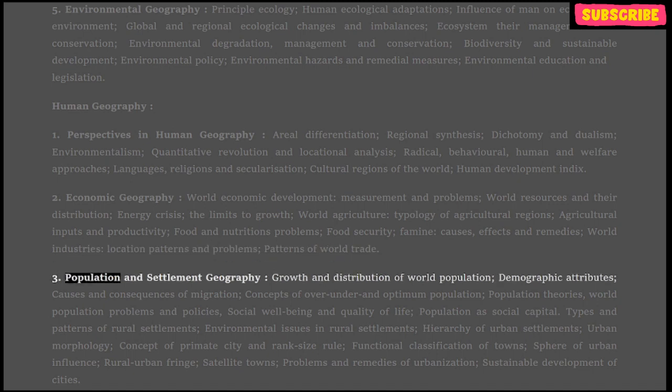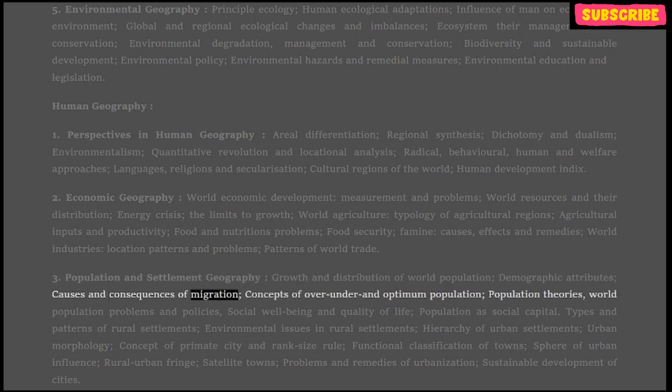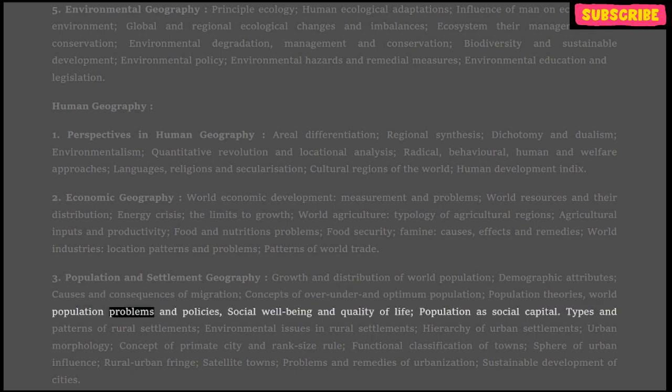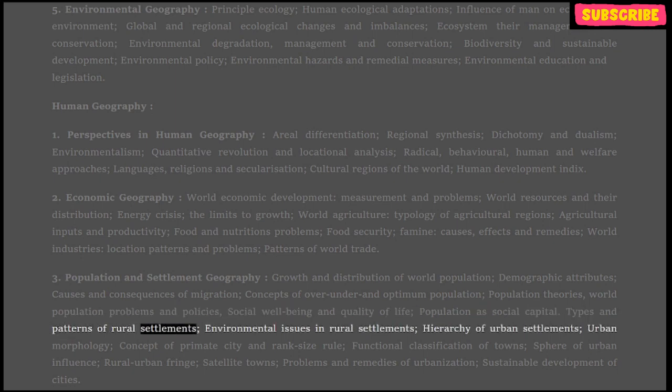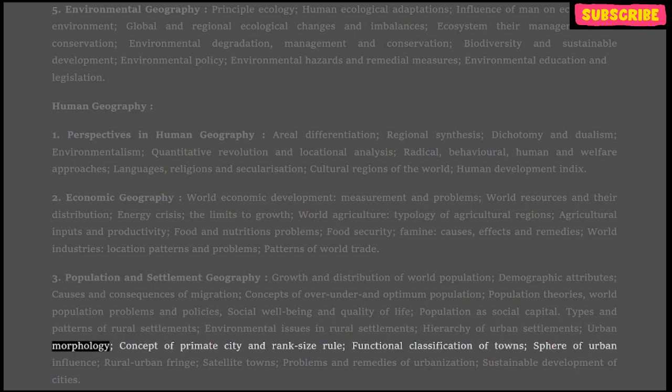3. Population and settlement geography. Growth and distribution of world population, demographic attributes, causes and consequences of migration, concepts of over, under and optimum population, population theories, world population problems and policies, social well-being and quality of life, population as social capital. Types and patterns of rural settlements, environmental issues in rural settlements, hierarchy of urban settlements, urban morphology,